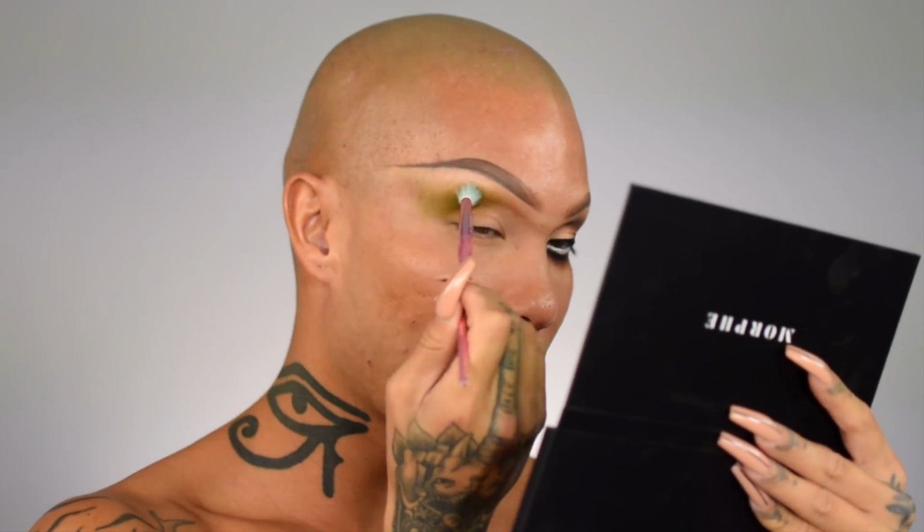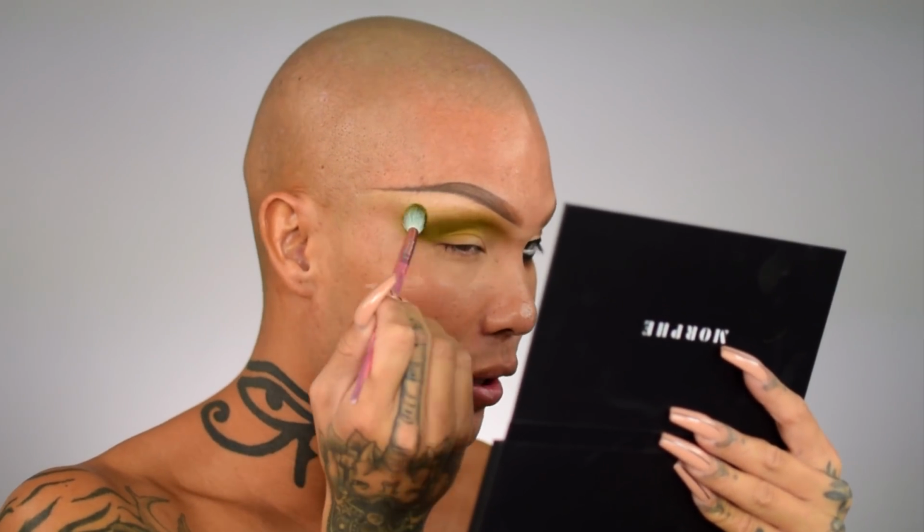And then what I'm doing is I'm going in circular motions, you guys. Circular motions, you really, really keep that color tight. I'm layering on this green and just really bringing it into that crease. Look how pretty this olive green is. Wow. So taking that white liner, just making sure that white liner is...